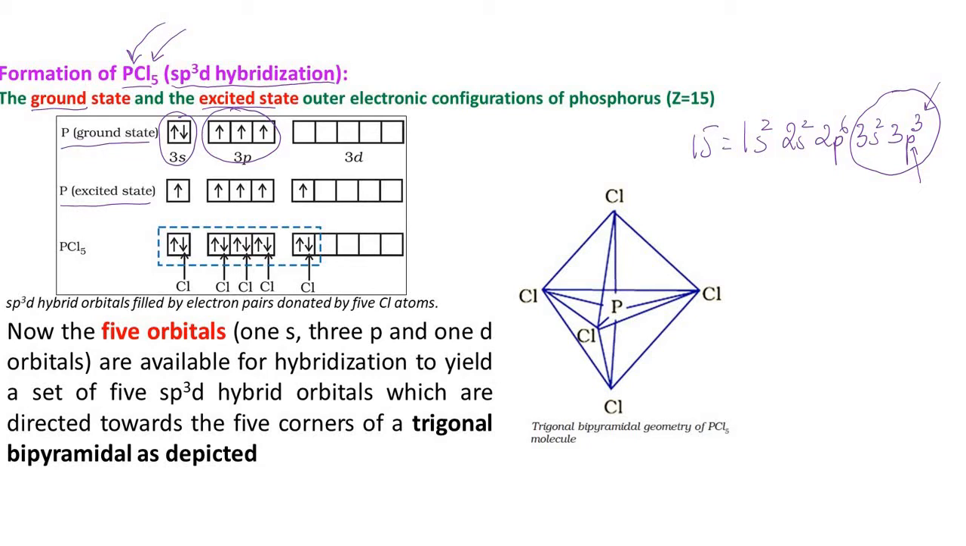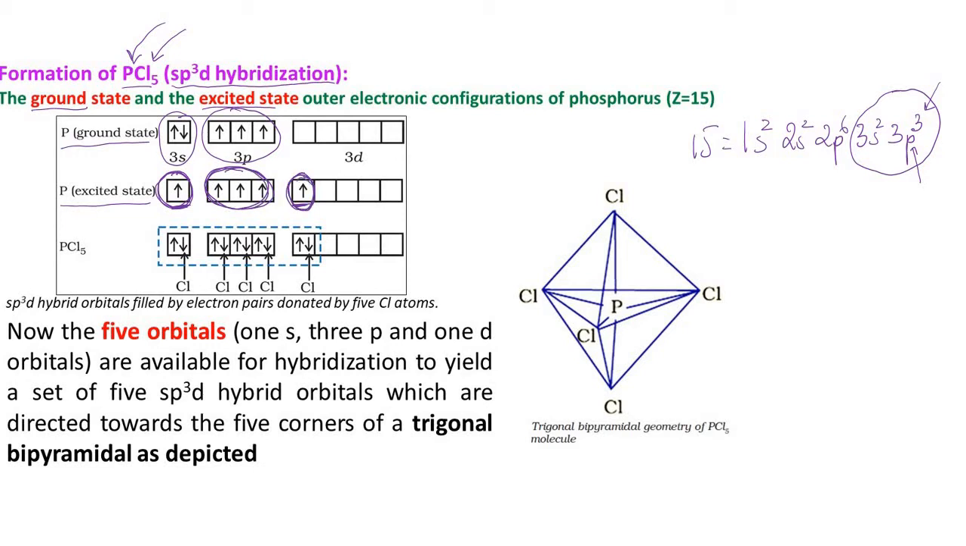So at that time phosphorus gets excited, where one of the electrons from the 3s orbital is present in what? 3d. Now this is the 3d orbital here. So one of the electrons from the 3s orbital will be present in the 3d orbital. Now if you see how many orbitals are having unpaired electrons, this is 1, that is a 3s, and this is 3p. All are having 1 unpaired electron, and this is one more orbital,